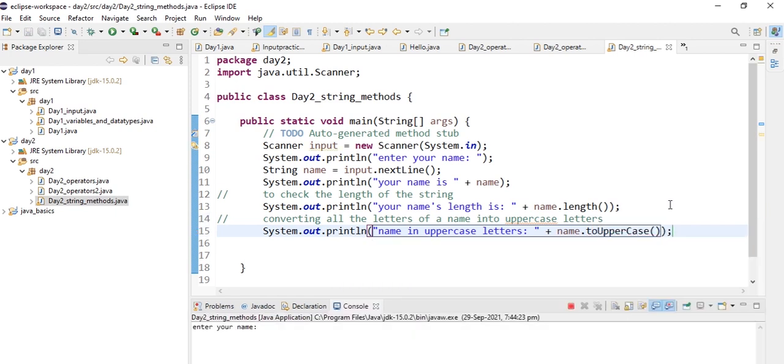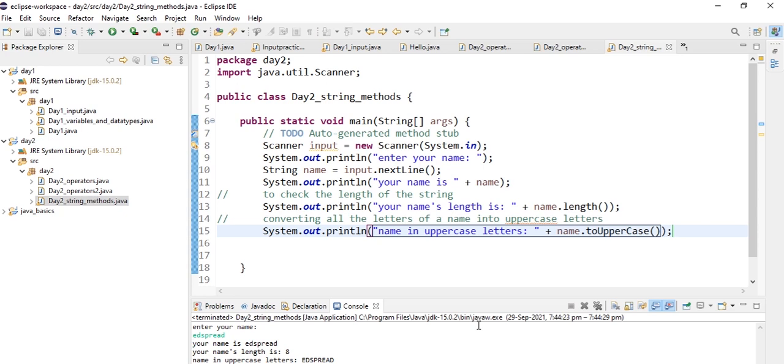So let's execute the program and it asks my name. So I give Edspread and my name is Edspread and the length is 8 because there are 8 letters in the word Edspread, and the name in uppercase letters looks like this, all in uppercase.